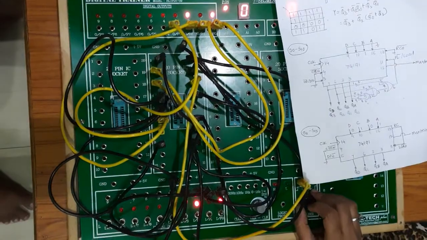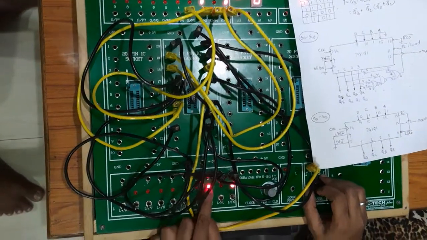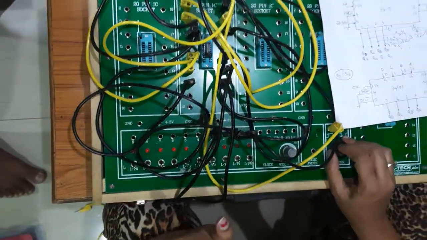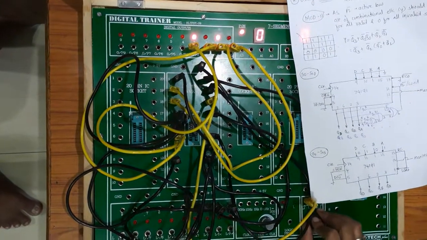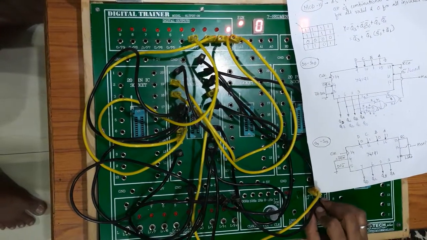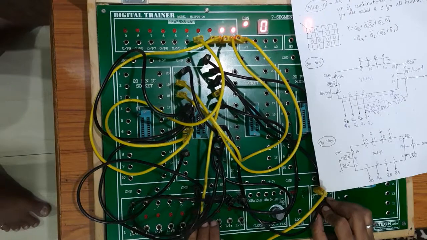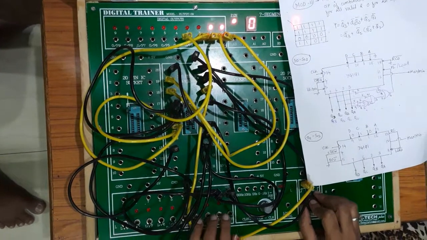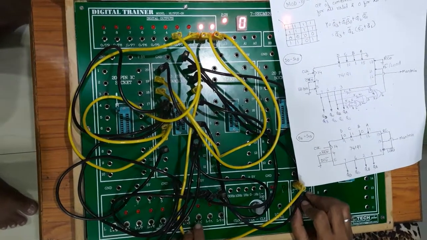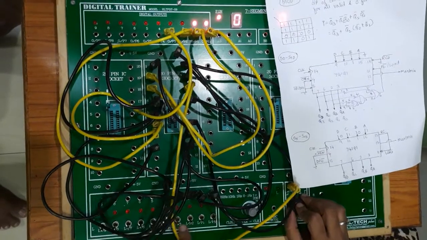Okay. And what happens if I don't connect it here? That is 0. That means after 15 it should go back to 0, right? 0, 1, 2, 3. Because what I have done is, whenever the terminal count is reached, it should go back to the value that is connected to ABCD.